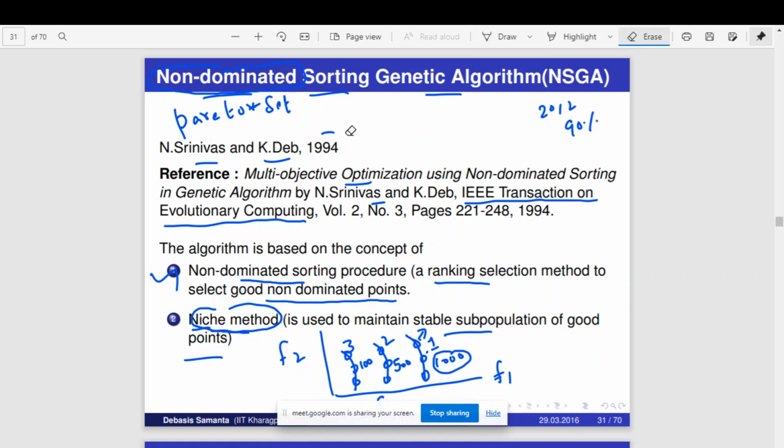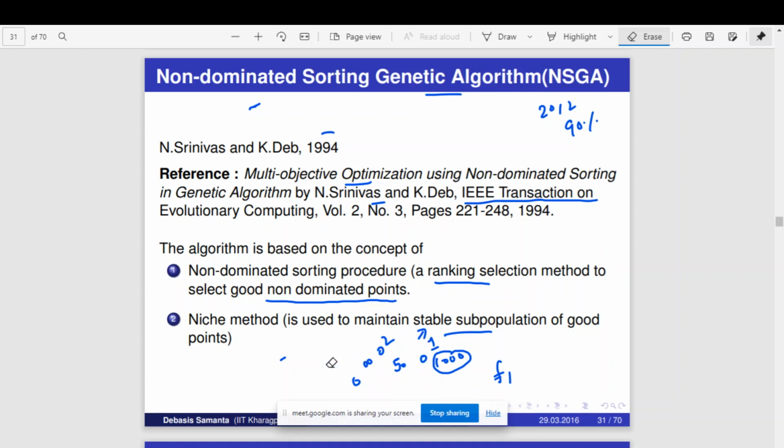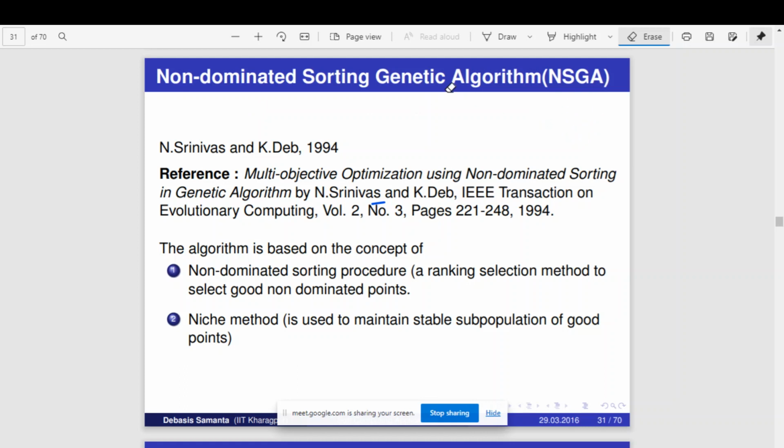To summarize, the first step is to assign rank based on non-dominated set, and after assigning rank, it assigns a shared fitness score for a given rank. That is, all the individuals who share a particular rank will share their fitness score also. That is the first step. And in the second step, the algorithm uses a niche method to identify the unique fitness score for every individual in a particular non-dominated set. Okay. So this is what it is going to do.